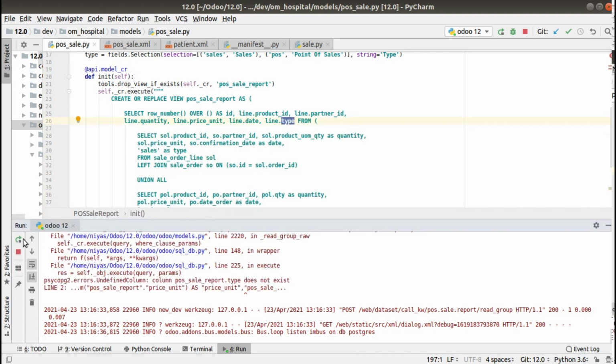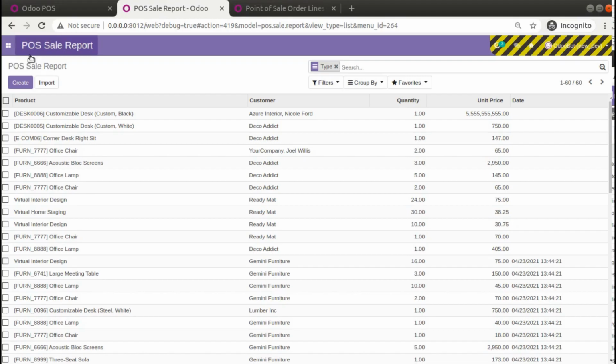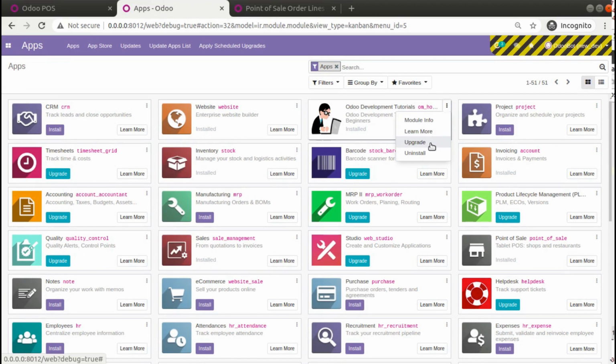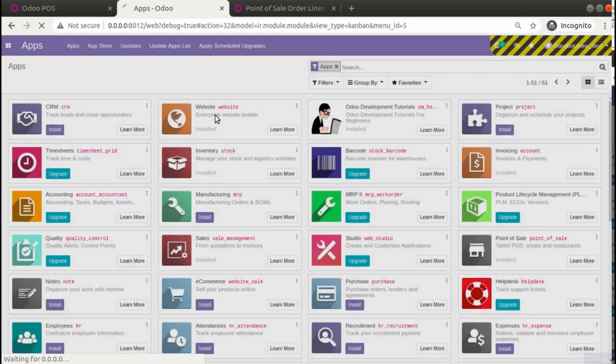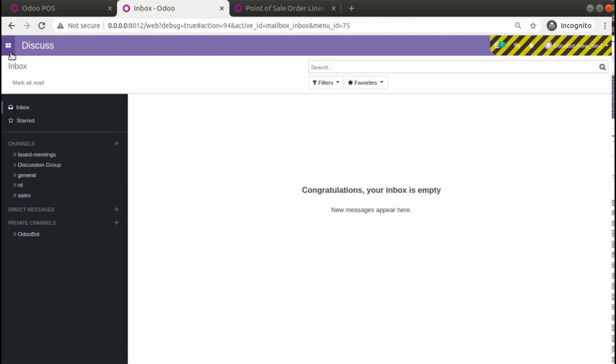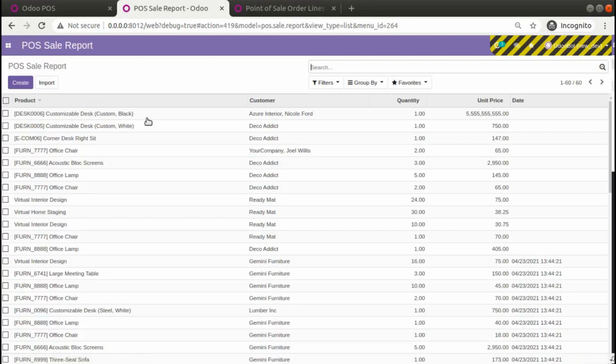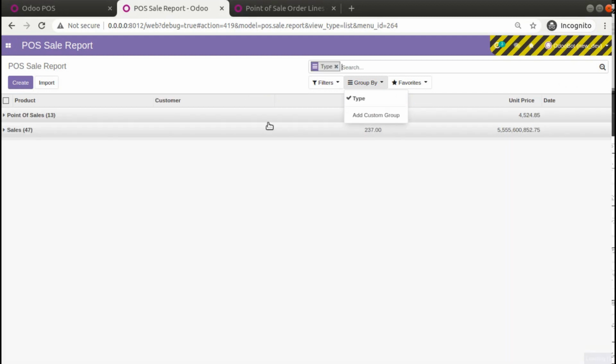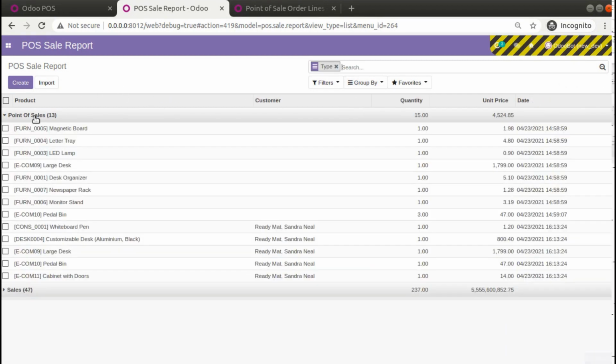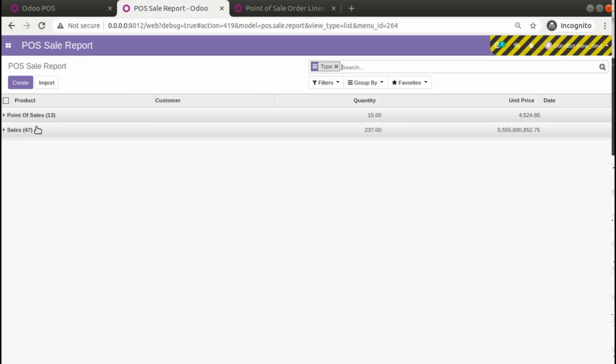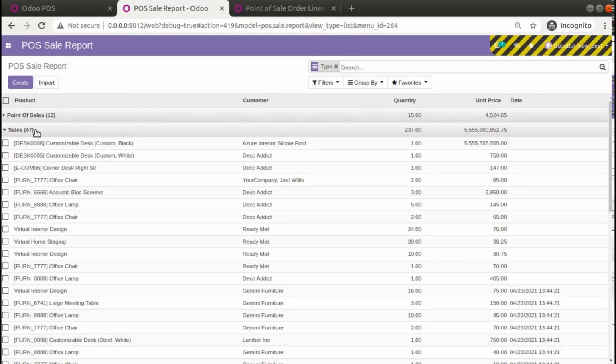So that's done. Now I'll be going into the apps menu and I'll be upgrading the module once again. So the module is being upgraded, so let's wait until it has been upgraded. Now I'll be going into POS sale report and I'll be grouping by type, clicking apply. You can see there are 13 lines coming from POS line and 47 coming from sale order line.